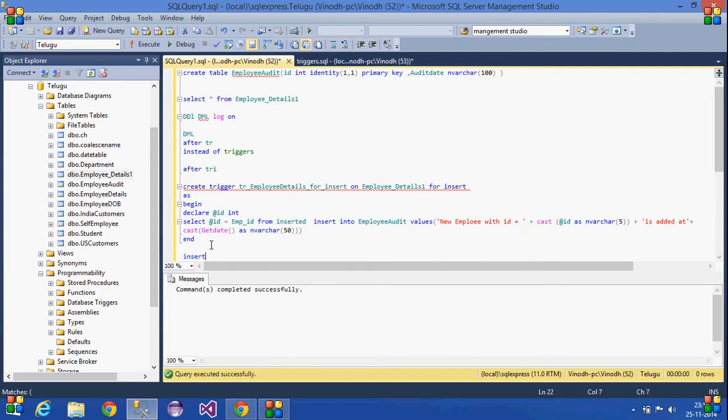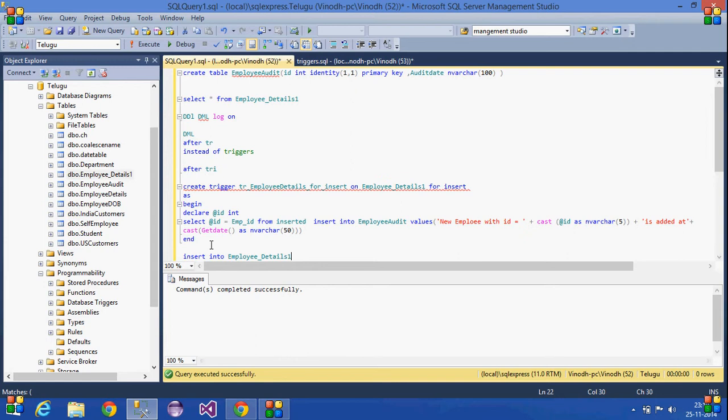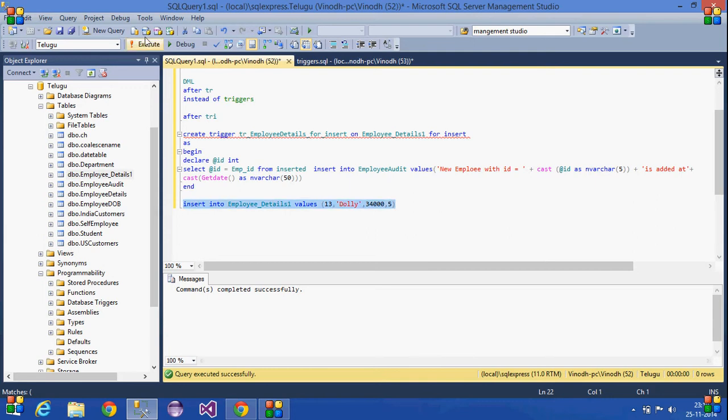If I try to insert some values, insert into employee details values, some values: 13, Dolly, salary 34, and department ID 5. See, if I try to insert this, it automatically fires this trigger, and then we'll get an